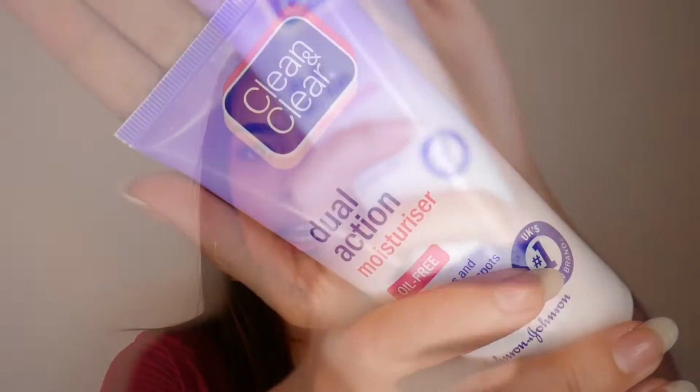Okay guys, so what I didn't do when I was doing my skincare routine just then was add this. I usually do add this mainly at nighttime, but I'm not going out today. The reason I add certain things only at nighttime is because I'm worried that if my skin does react, at least it'll heal up overnight, and then in the morning hopefully it's not as bad. So I don't use this type of thing in the morning, but it is the Clean